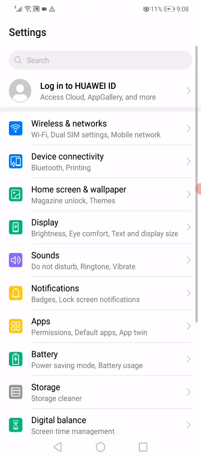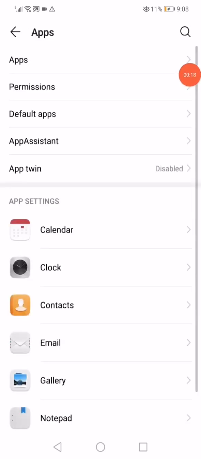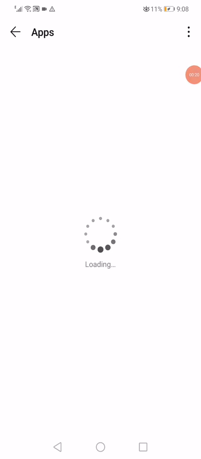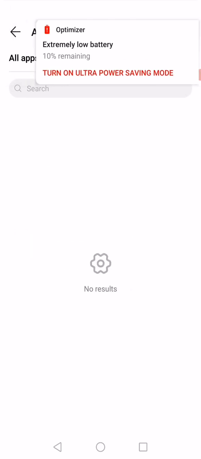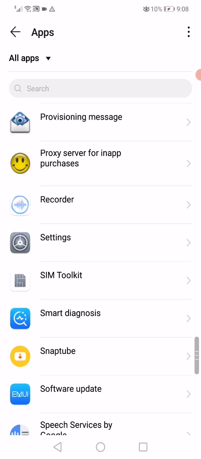First thing, go to the settings and then go to the apps manager and then open the apps like this. Now you have to wait a few seconds like this. It will start loading the apps that you have on your phone, and then scroll all the way down until